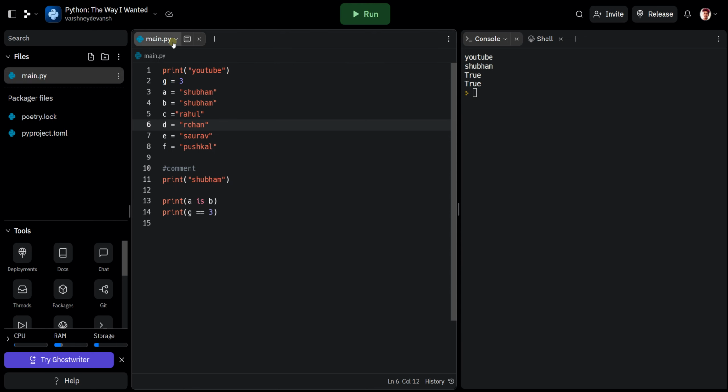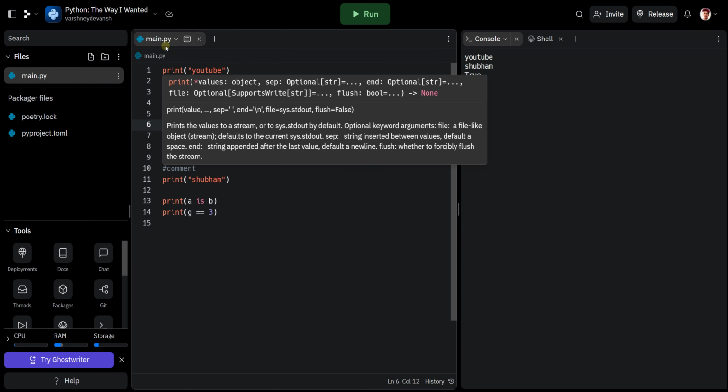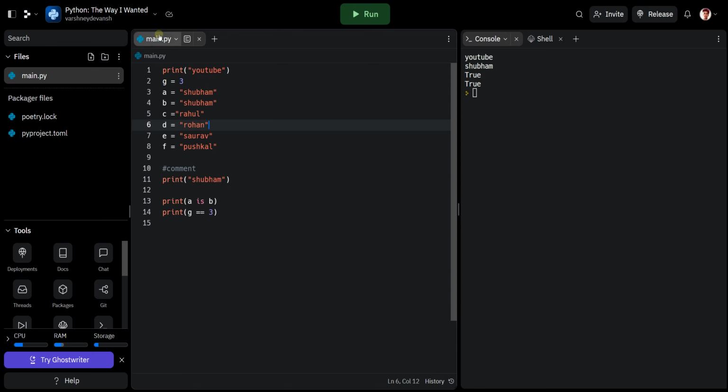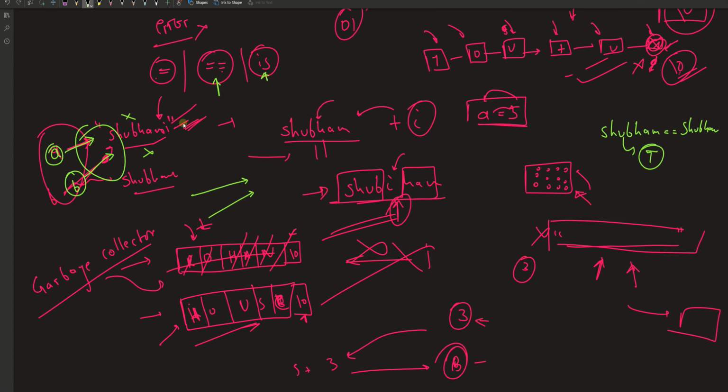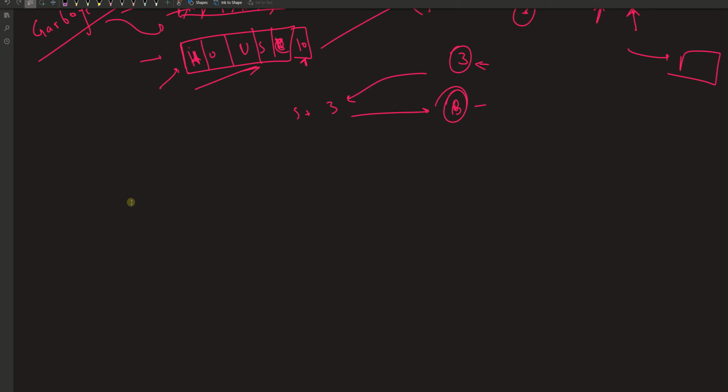So what Python does is not only interpreting, it also creates a file called .pyc in the same folder structure. For example, you have a folder and a file called main.py. As soon as it is interpreted and there are no changes made to the file, Python creates a hidden file kind of thing.